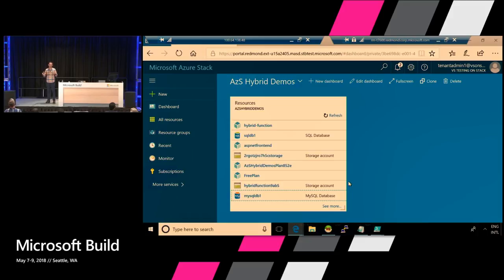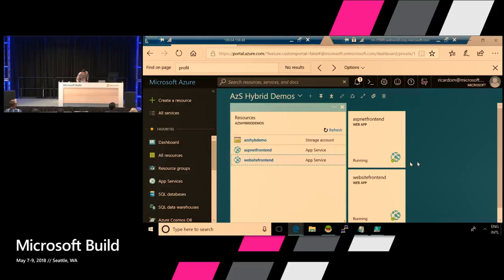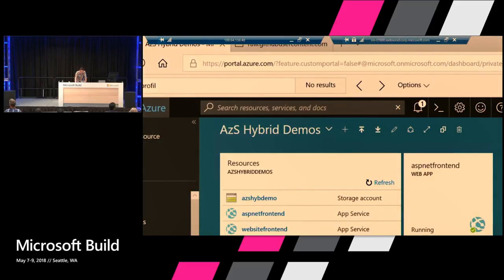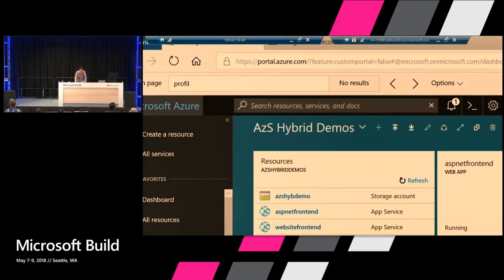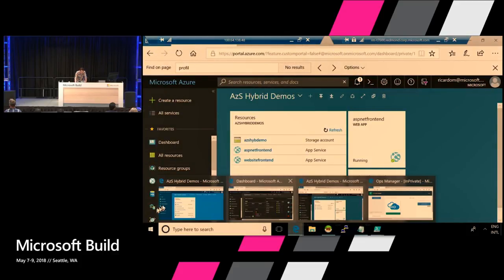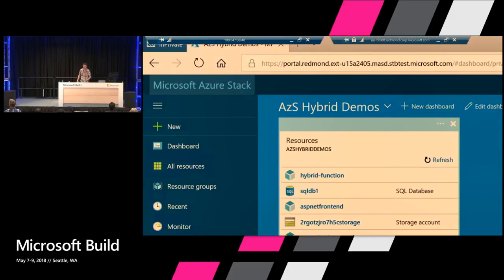And I say Azure portal because, again, if you look at the portal in Azure Stack, and we switch to Azure, really the clue that you have that you are in Azure or Azure Stack is the logo, right? The logo on the top corner. And also you can confirm that by the URL, right? So this is Azure. And this is Azure Stack. All right, not super exciting, right? I mean, kind of obvious.